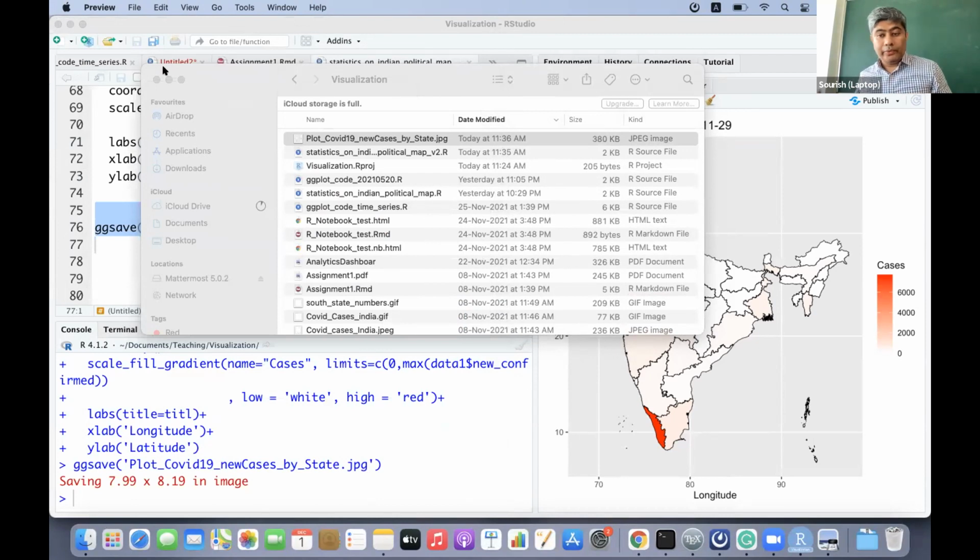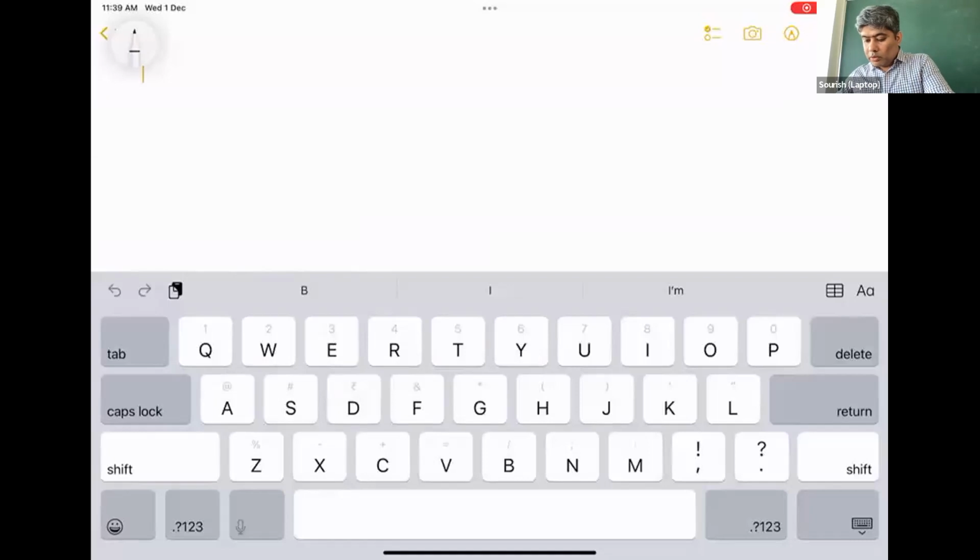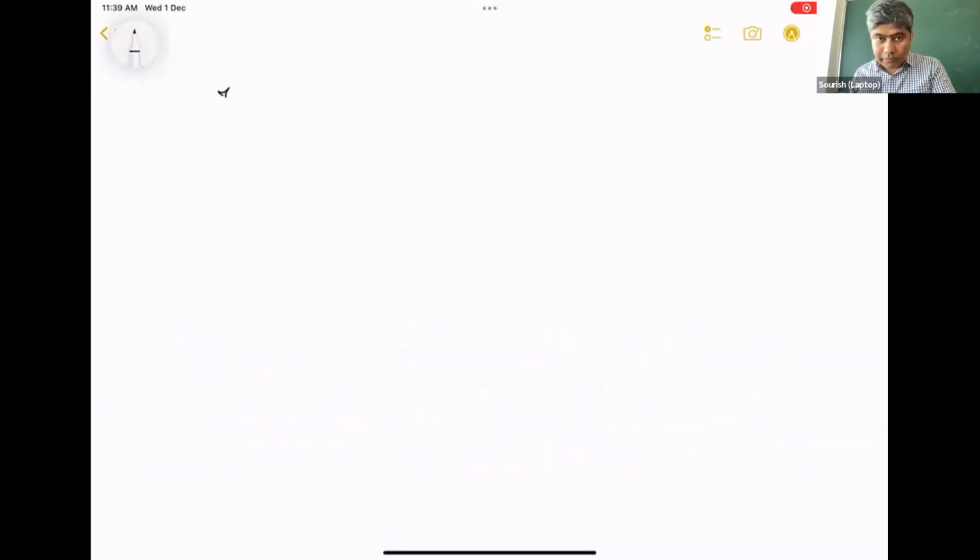Now what I'm going to do is explain long format and wide format. Suppose you look into the last thing that we have done. We look for state and date first.